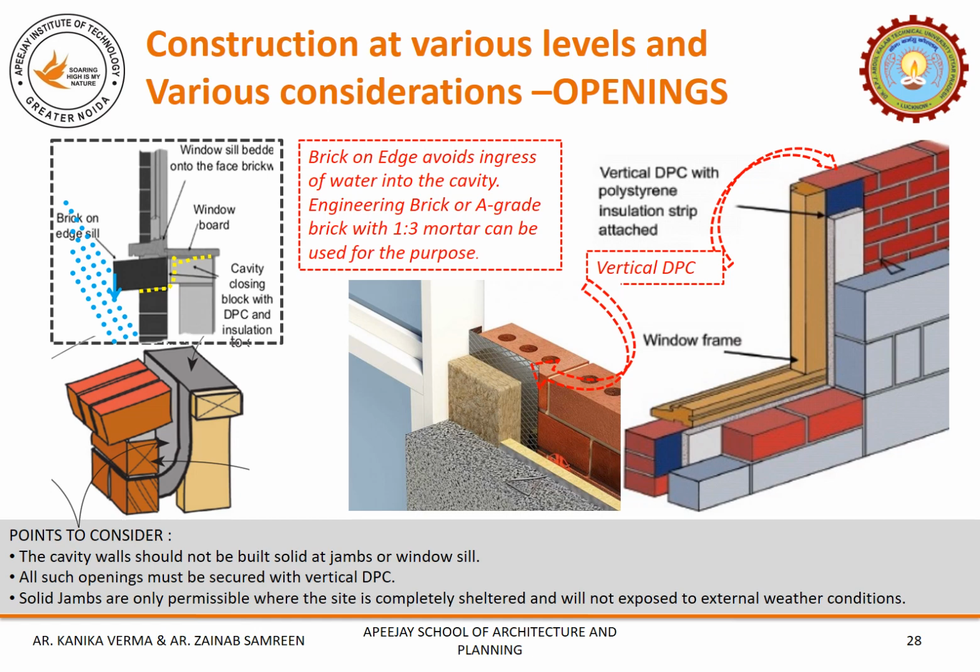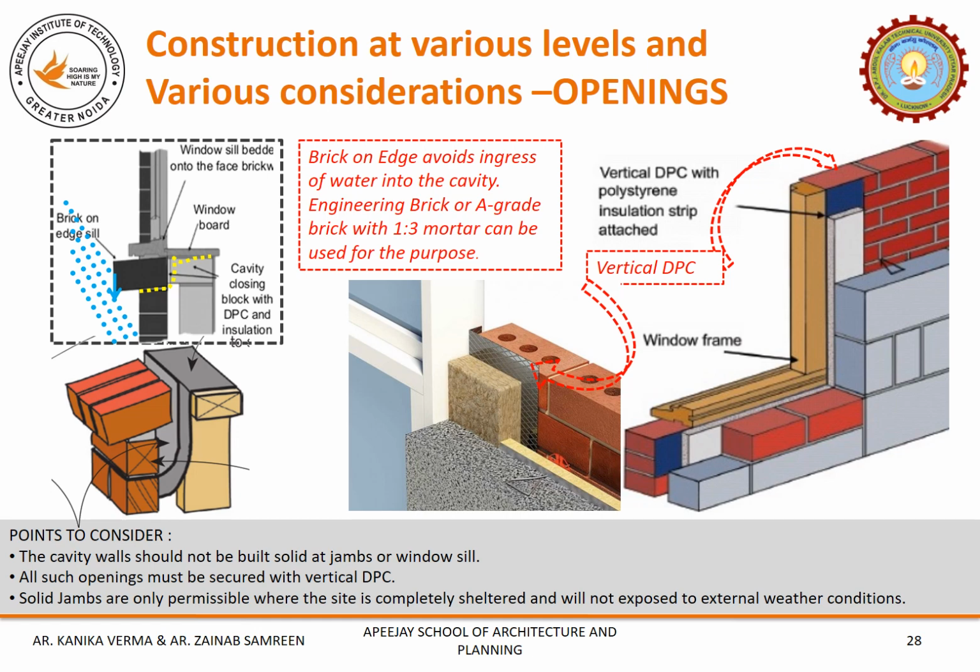The point to consider here is that the cavity wall should not be built solid at the jambs, but rather they should be closed properly and sealed at the sides. The openings can be closed by two methods. First, using the cavity closer, and second, using the wall itself. The cavity closers can be constructed either square or riveted, which can help to close the cavity by using a suitable frame.